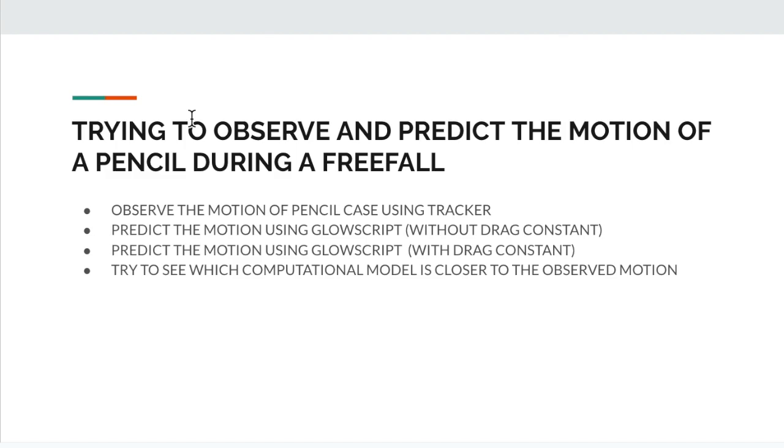and afterwards the same motion is going to be computed in GlowScript using GlowScript code without a drag constant and then with a drag constant, to then be able to graph all of these motions on one graph and see which computational model was closest to the actual model from